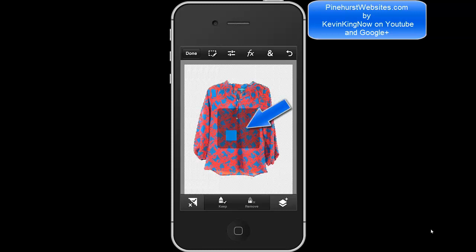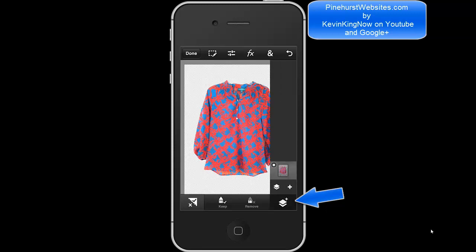And we just tap on that, and now we've got a cutout. Let's go ahead and add a layer behind it, and we're going to use the button on the bottom right hand corner. On the bottom right hand corner, it's the layer tool. So that's where we add a layer, and you can see the layer we have. Hit the plus sign and add empty layer,